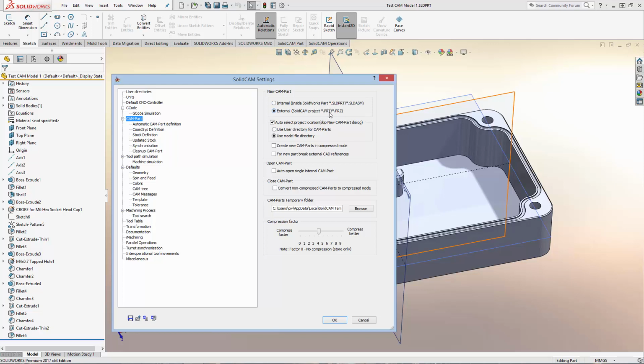And its files can either be a .prt file or a .prz file. And we're going to set the system to the PRZ format. The main difference between these two formats is that the .prt file will save a SolidCAM file which will have the same name as your SolidWorks file, so this will be TestCAM Model1 .prt,